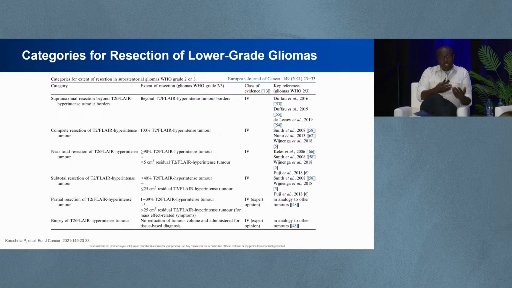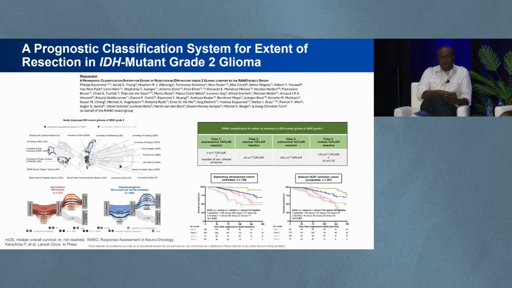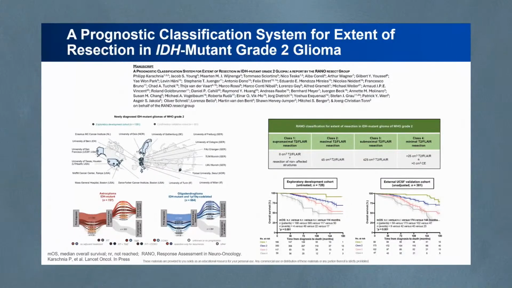But this conversation about categorizing extended resection really led to trying to give better terminology around how much tumor is removed. And this is a beautiful paper put out by Philip Karsniaev several years ago, in which now he says, well, let's maybe talk about and categorize patients as having a, let's say, a super complete resection where all of the FLAIR lesion that we can identify is removed, or a biopsy-only resection, which led to work, a multi-center, multinational effort now with 16 centers, something called the RANO Resect Consortium,